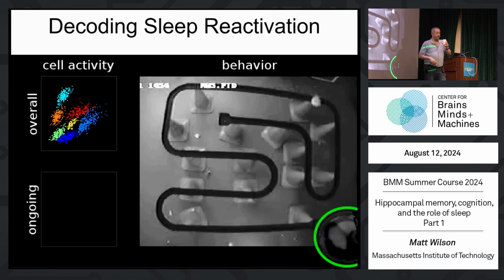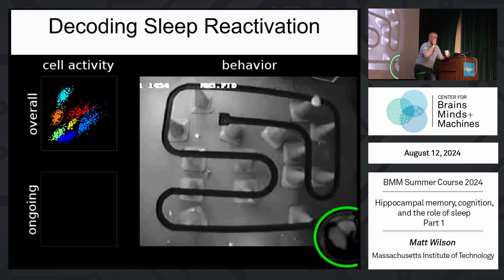Question, yeah. Do the cells also track speed? Can you decode speed of motion as well? Speed of motion, absolutely. You can decode speed of motion. In fact, as we'll get to, we're almost at break time, we're going to get to another property of hippocampal firing, and that is that not only is the